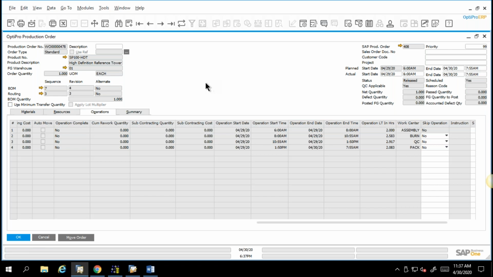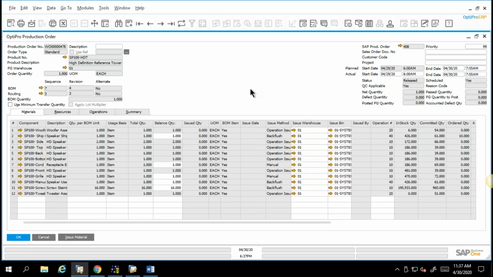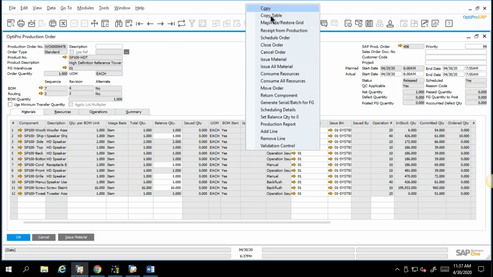Okay, now, again, we brought all this into the system. When I right-click on this, I can now see what can be changed on it. I can receive things from production. I can schedule the order if I need to move it around a little bit. I can return components. I can generate all of my serial numbers or lot numbers right from here if I need to automatically and produce those labels. I can also produce